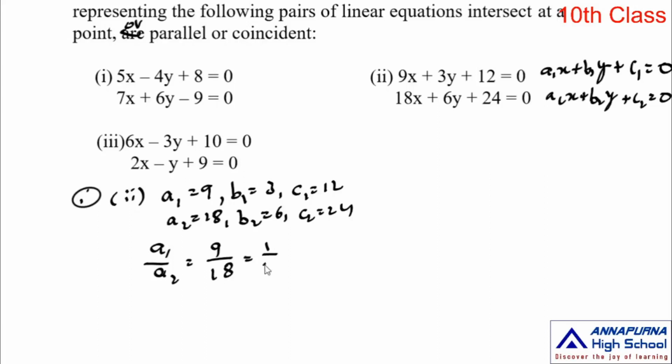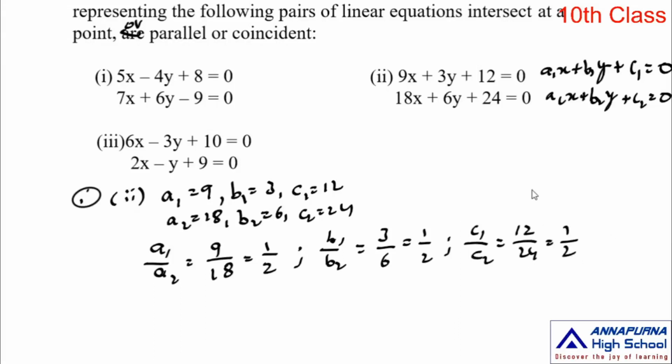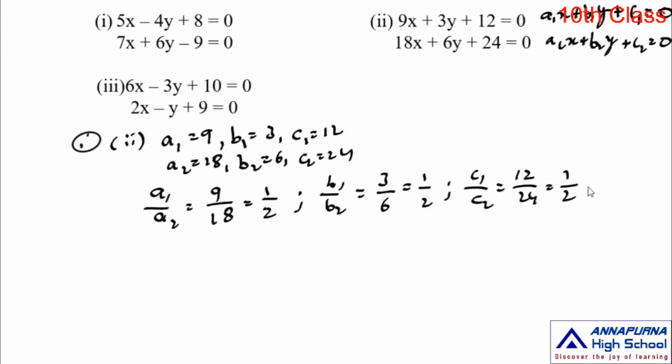Its simplest form is 1 by 2. And B1 by B2 is equal to 3 by 6. Its simplest form is 1 by 2. And C1 by C2 is equal to 12 by 24. Its simplest form is 1 by 2. So now comparing these three ratios,